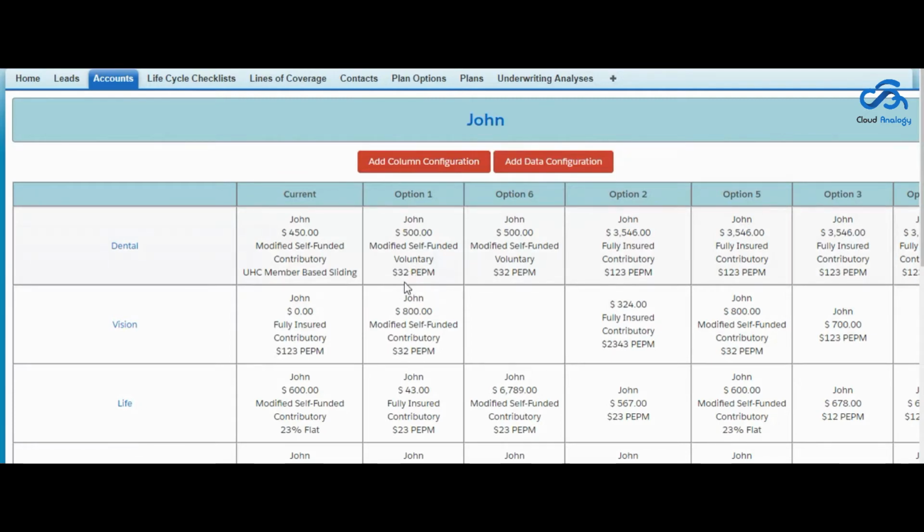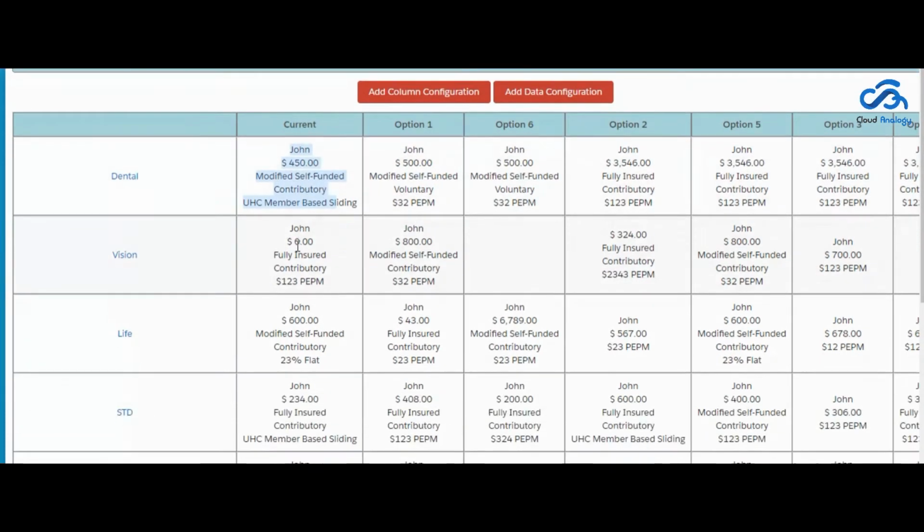Now, I will be talking about the data configuration. What is data configuration? Suppose I would like to show the current data in the option 1 column and in the current column. I want to add option 1 data regarding the line of coverage, and the vision line of coverage I would like to show in column 6.